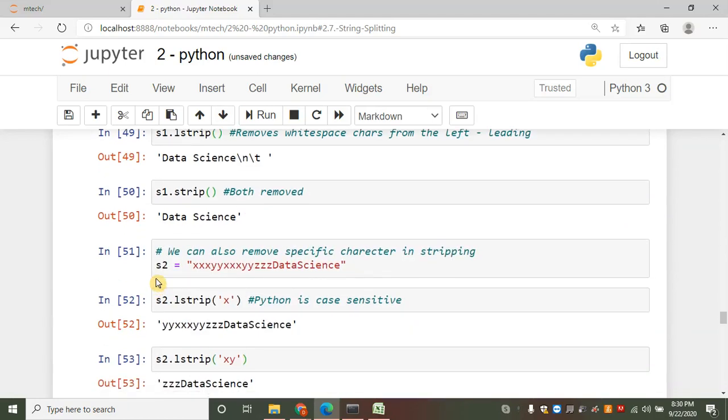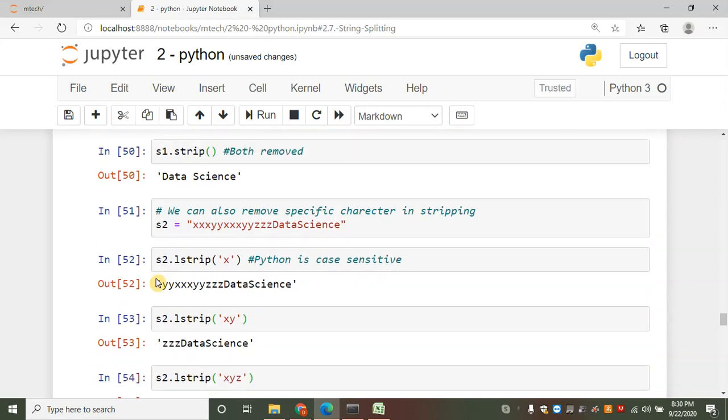And we can also remove specific characters in stripping. For example, in s2, we have extra characters like X, Y, Z in the string data science. So if I do s2.lstrip('X'), then it will remove all the X from the left. But once it reaches any other character, here Y, it stops.